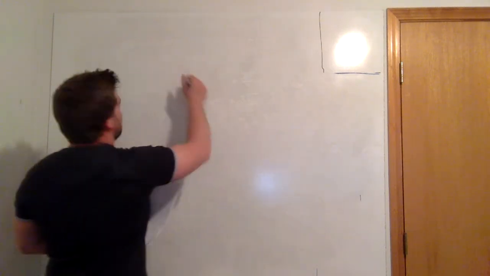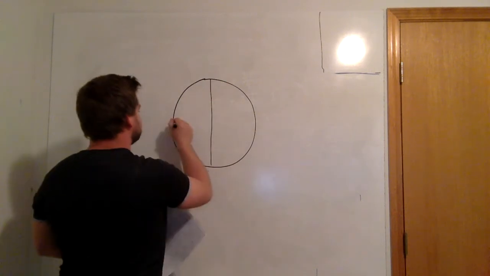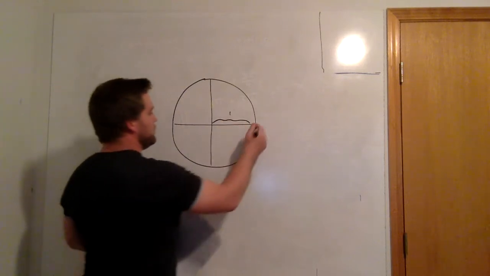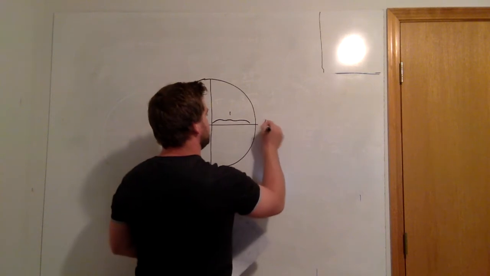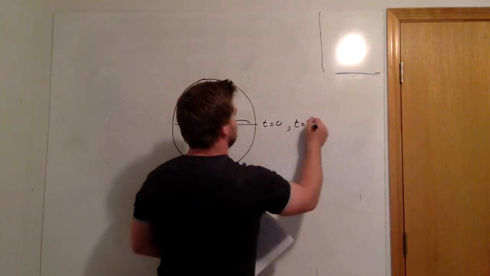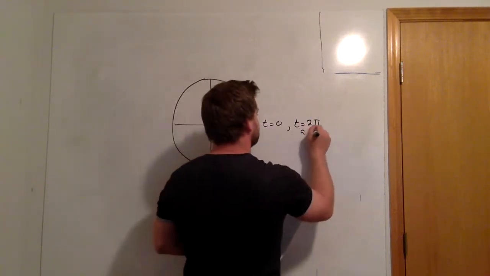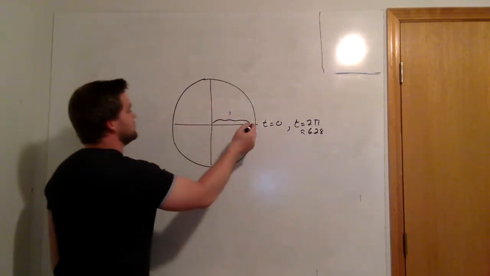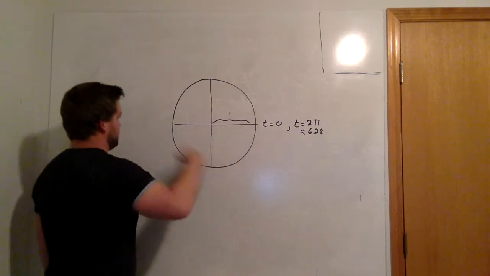So let's go ahead and draw our unit circle. So again, this is a circle of radius 1. If I'm right here, I've traveled 0 units around the unit circle. Here our t would be equal to 0, or you could think that t would be equal to 2 pi, which is roughly 6.28. If I travel halfway along the circle, remember this is a circle of radius 1, so its circumference is